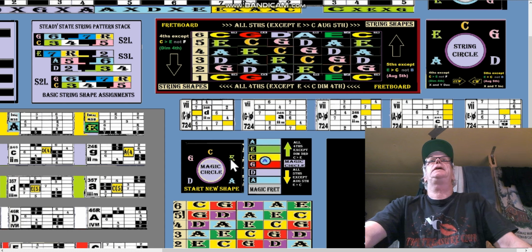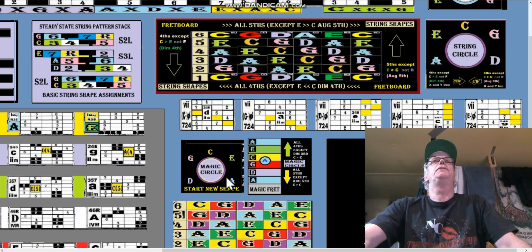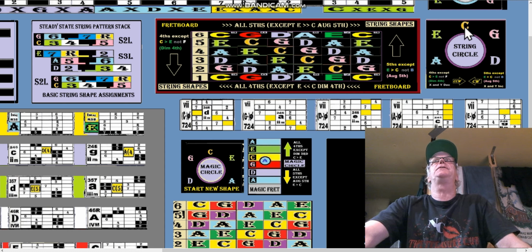It goes C, E, A, D, and G. The thing about the magic circle, increasing, it goes in fourths. I can tell that because of the diminished fourth between C and E. The string circle goes in fifths with an augmented fifth between E and C. So the fifth of E is B, but if you augment that fifth, you get C. With the magic